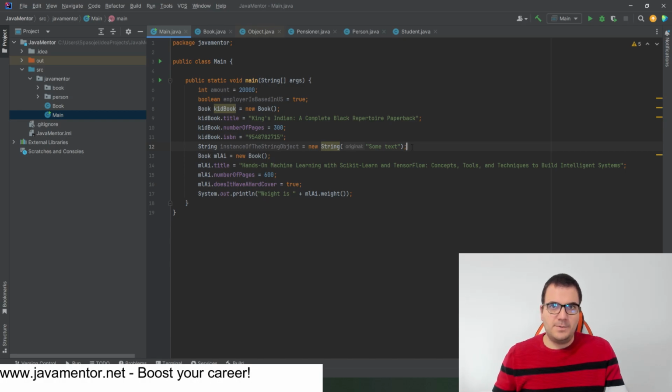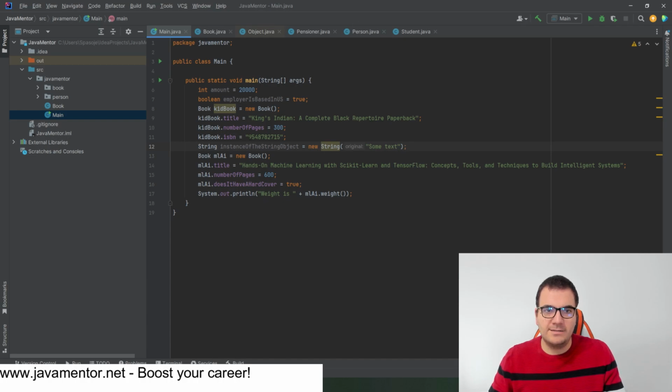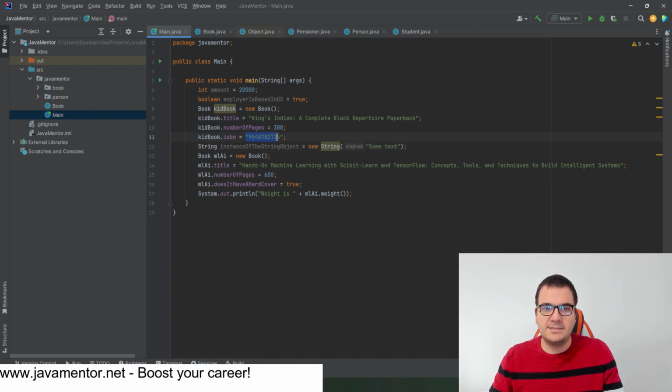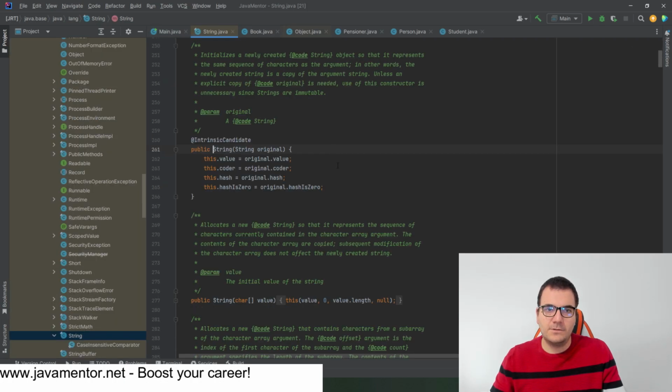So the Java developers thought, okay, String is the most used class in Java, let's create a shortcut for String creation. And that's how they ended up with this instead of this. So you don't need to write the new keyword and call the constructor of String. You just create a String object this way. And if you Control